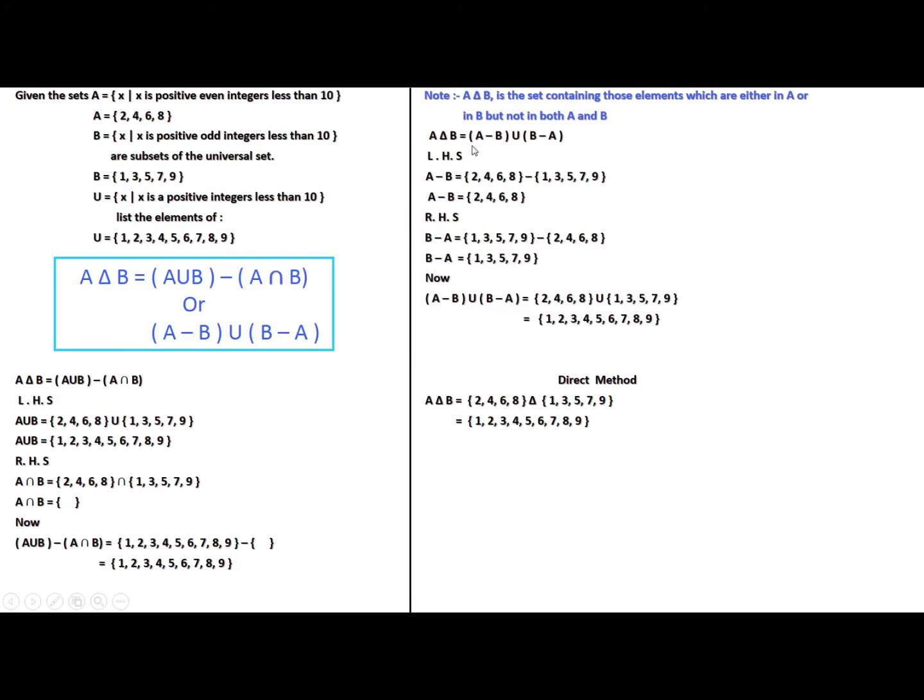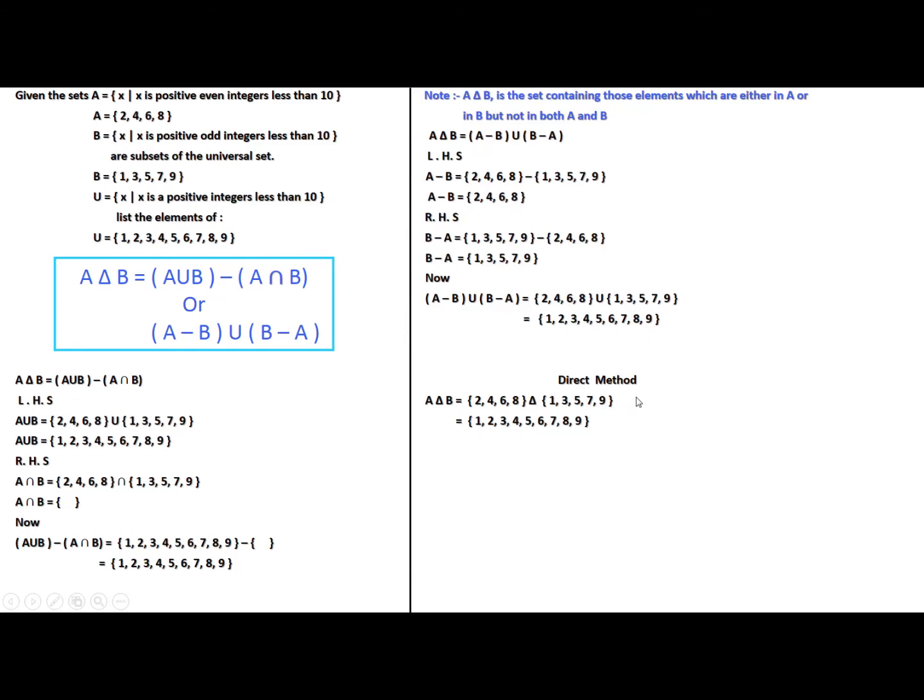So now we've solved the left hand side and right hand side. Now we are finding the union of both answers. So see here, first you write the answer of A difference B, which we got as 2, 4, 6, 8, and then put the union sign, and then the answer we got in B difference A, 1, 3, 5, 7, 9. What do we do in union? We write both sets' elements together. So the answer is coming 1, 2, 3, 4, 5, 6, 7, 8, 9.